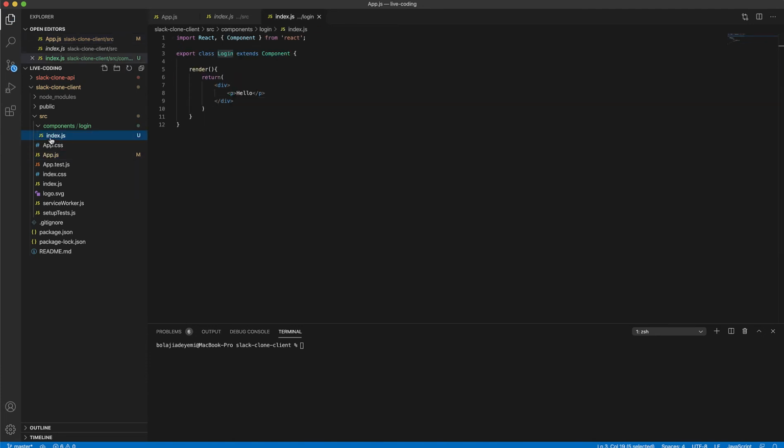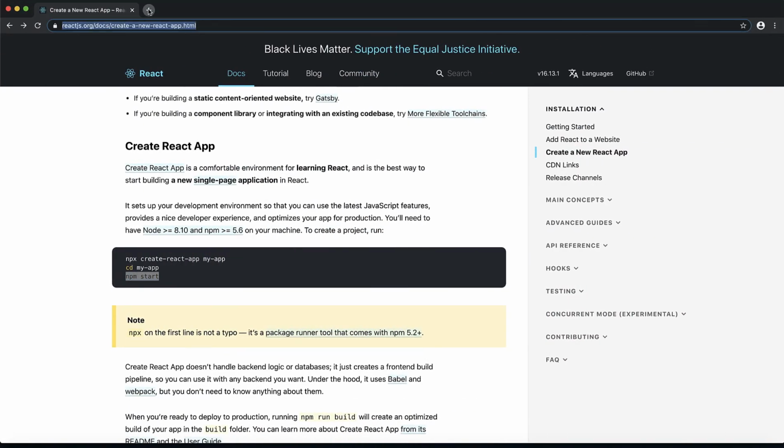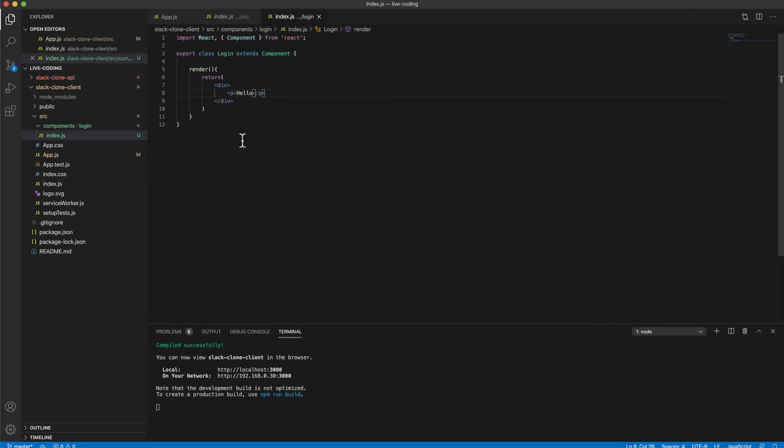Then okay, so I just need to do npm run start. Npm run start. And if I come here now, yeah, hello. Right. So our login stuff works here because they see what thing we put there. But now for login we need